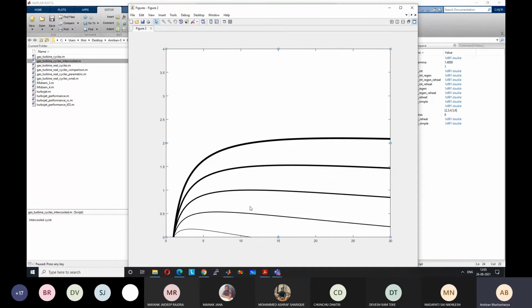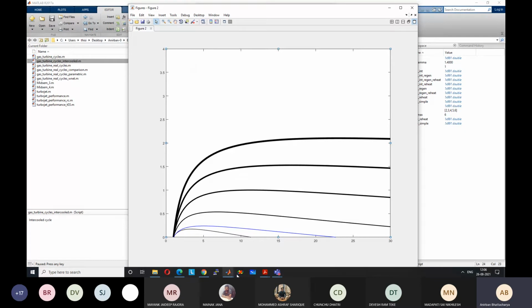So simple Brayton cycle. Then blue lines are, so remember that regeneration does not have any effect on the work output. So we only need to see 4 cases here instead of 8. What are the 4 cases? Simple Brayton, Brayton with reheat, Brayton with intercooling, and Brayton with reheat and intercooling. Because in all these 4, if you add regeneration to get the other 4 cycles, there is no effect.